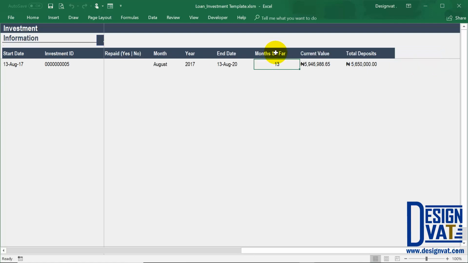Now, the month so far is a dynamic column. This will automatically calculate the duration of the investments. So since the investment started on the 13th of August 2017, from that date up until today, there's approximately 13 months. And this number will continue to increase. So when you open the template next month, September, this will increase to 14, 15, up until 36, because this